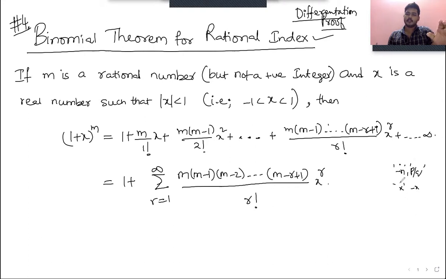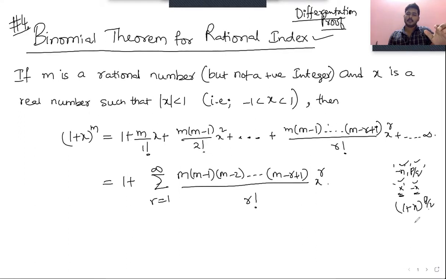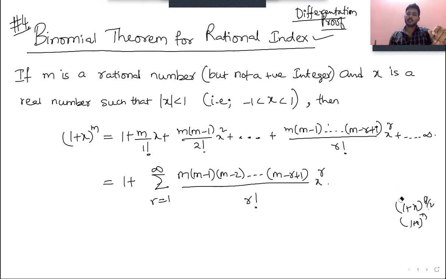with all these four formats, so that whenever we see an expression or an infinite series, we can easily decide whether the index is negative or positive, or in the form of p by q, or whether it's a positive x or a negative x, so that we can decompress the infinite series into a function in the form of 1 minus x whole power p by q, or 1 plus x whole power p by q, or 1 plus x whole power minus n, or whatever that may be. Okay, so we'll get acquainted with all these general formulas. So that's what we'll do in this lecture.